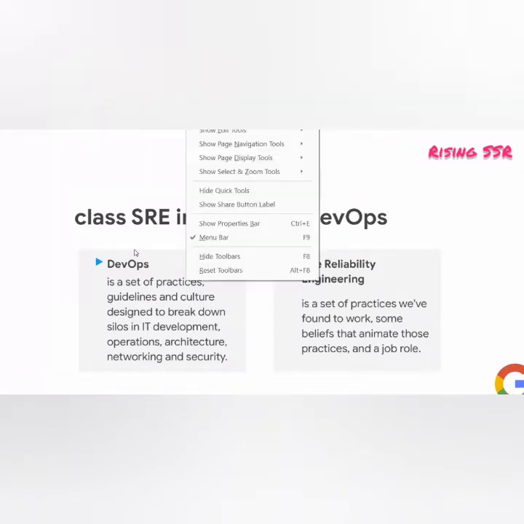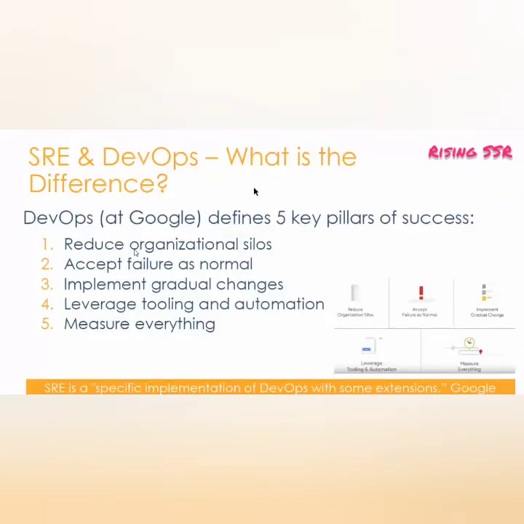The fundamental pillars that Google prescribes for DevOps are these 5 pillars, and please try to remember them by heart because you will definitely get a few questions in the examination. If we remember these 5 pillars of DevOps, then visualizing and interpreting how these 5 pillars are associated with SRE becomes very easy.